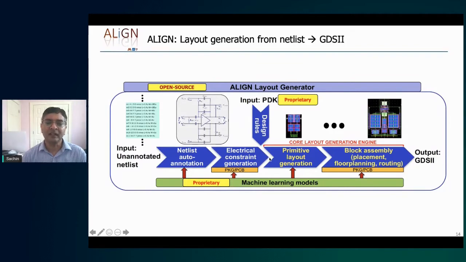And then once you abstract this, and once you have the hierarchies and the requirements, now you can start generating layout. So we start with these hierarchies. We generate layout for the smallest level blocks, and then we perform block assembly at multiple levels and hierarchically build the solution that looks something like this. So in this case, for instance, we might take a circuit and generate a layout that looks something like this. In various parts of this, we use machine learning models to assist the process.